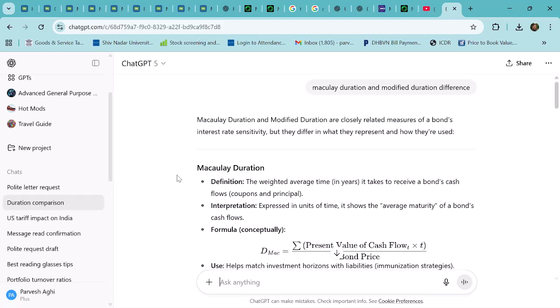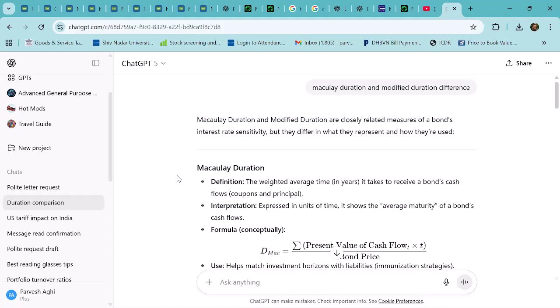Fifth year, 100 rupees, okay, without applying the present value. But it will be somewhere around sixth year, if you calculate exactly the present value of all that money. So fifth year, let's say it's 6 years. So Macaulay duration is 6. So Macaulay duration, even if the bond maturity is 10 years, 5 years, but how much time it takes to get your money back is called the Macaulay duration. And the more the Macaulay duration, the more risky is the bond, the more sensitive to the interest rate it is.